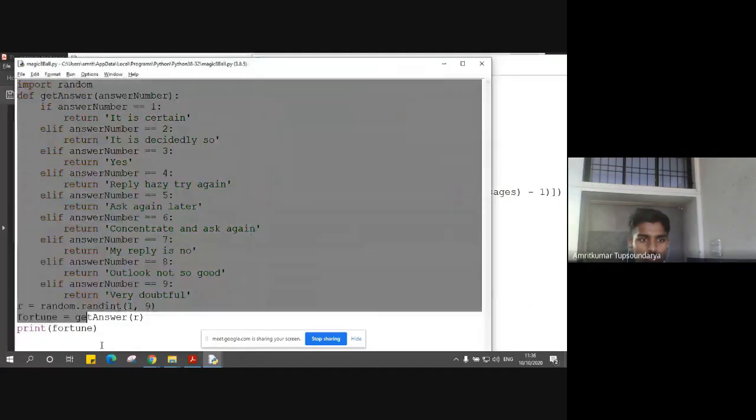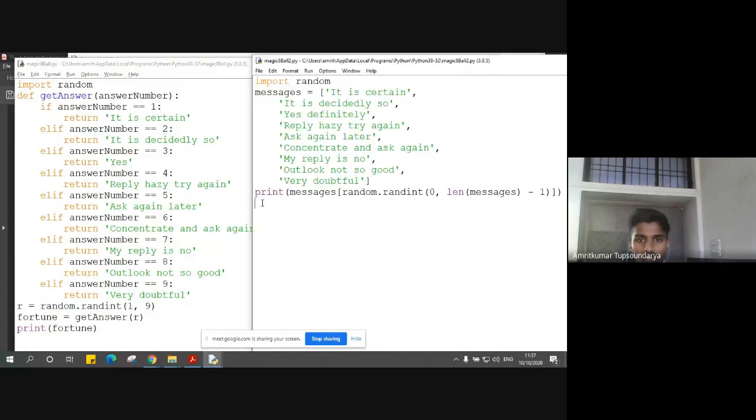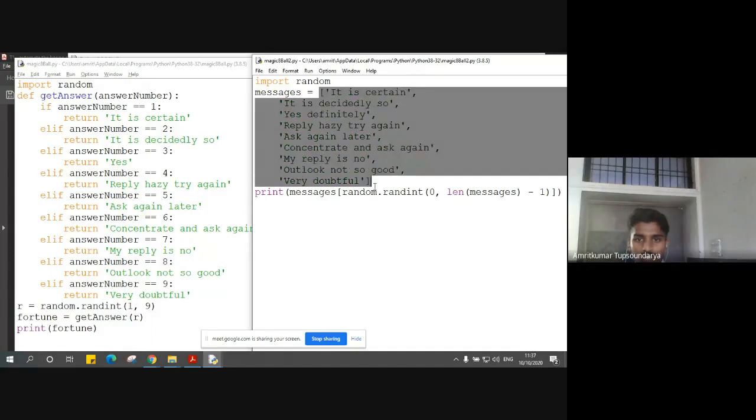What you see is the if else conditional statements, and here is my new list, which is the new program made using the concept of lists. As you can see, I'm able to reduce the number of lines, the code size, the redundancy factor of the repetition of if else statements, and instead of that I'm simply making use of the list. Now this whole thing is my list, right?